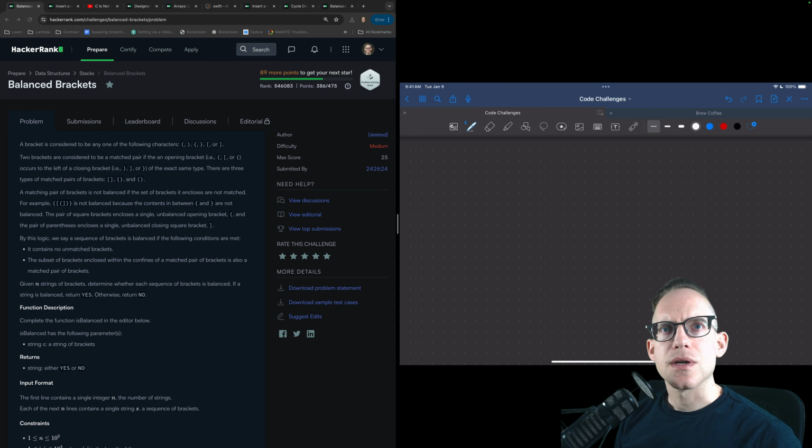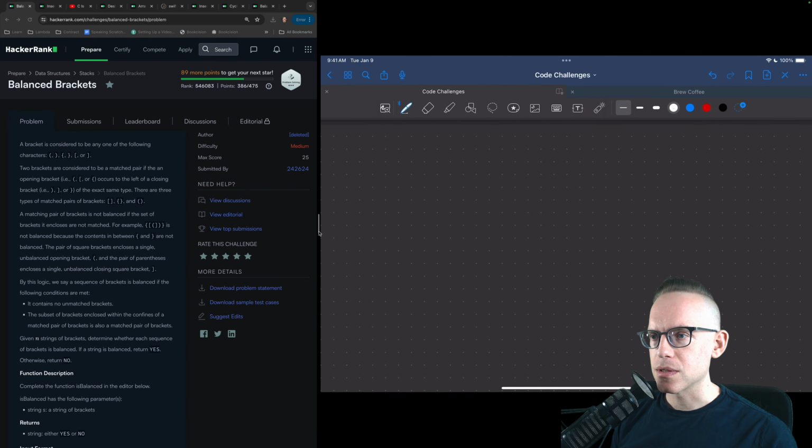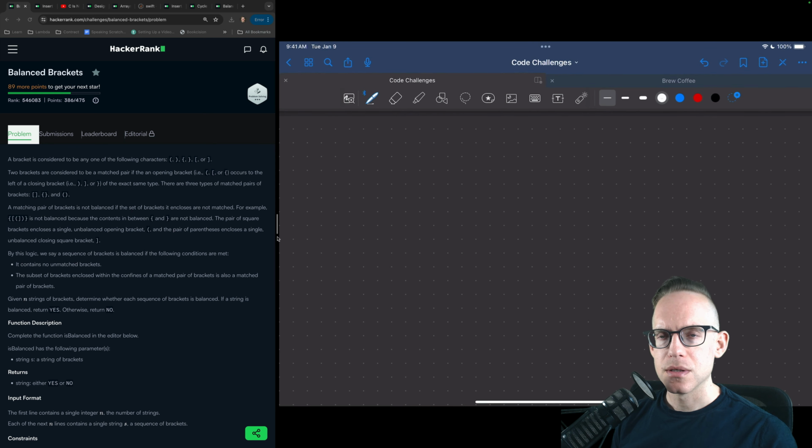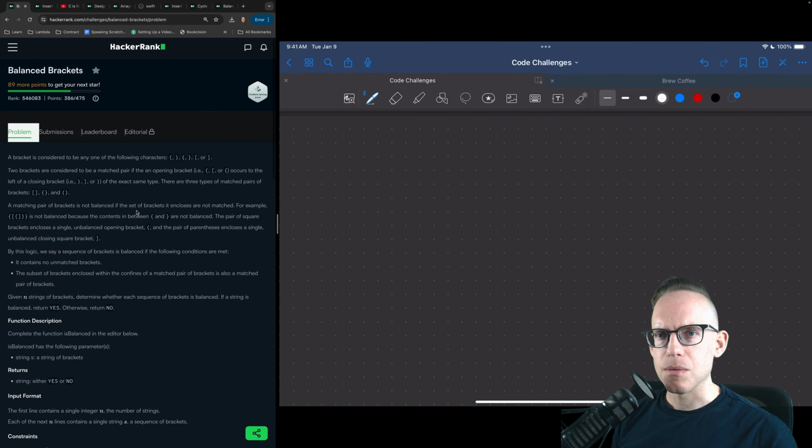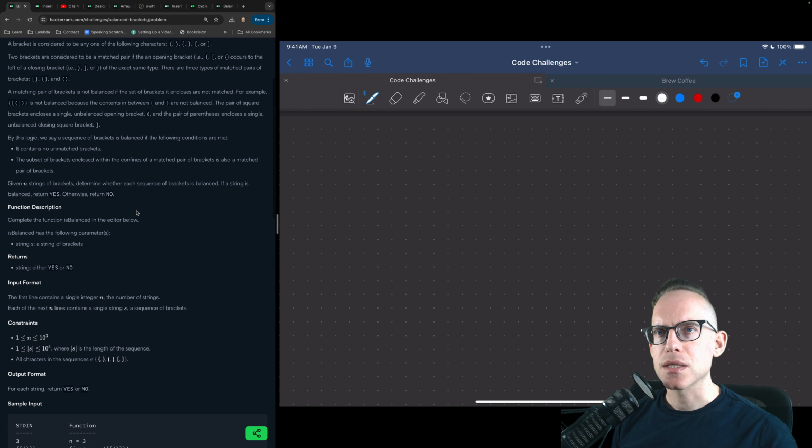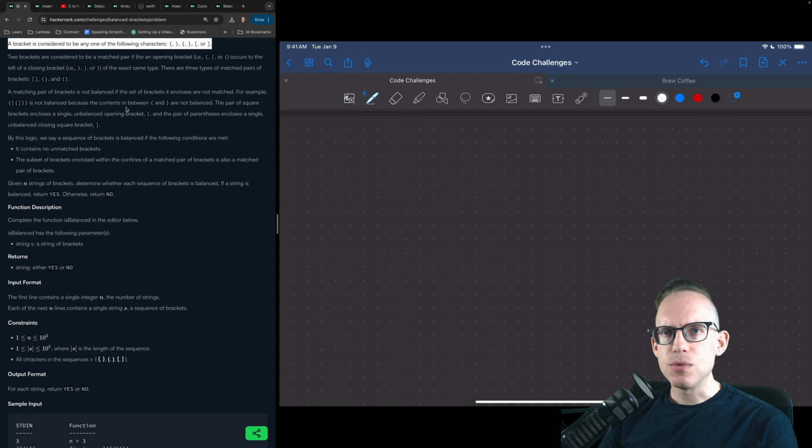Okay, so let's start the timer. Okay, so we're doing balanced brackets. This is a medium problem, and we're going to focus on this. So a bracket's considered to be any one of the following characters: parentheses, squiggly brackets, and square brackets. Two brackets are considered to be a match pair if